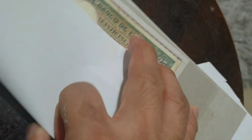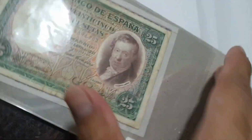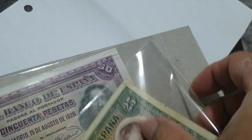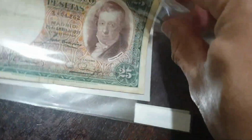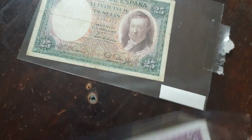Here we go. See it right away. We'll see this one. Wow. Okay. There we go. Two nice banknotes. Oh, it's still attached. Okay. So we got these two banknotes on the